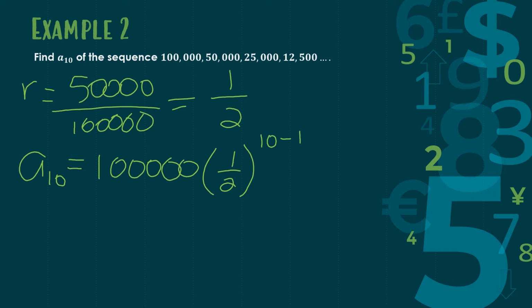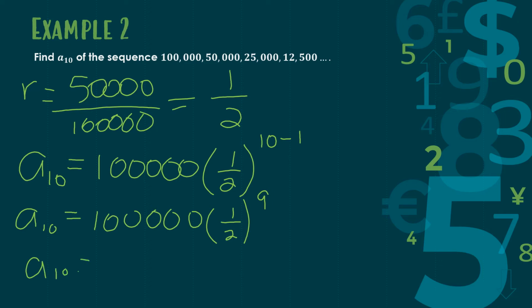So again, if you've got a nice calculator, you can type that whole right side in all at once, or we can do this piece by piece. You definitely want to make sure that if you are using 1/2, you use the fraction feature on your calculator. So 10 minus 1 is 9. And so I am going to do 1/2 to the 9th power, which is going to be a fraction. So I've got 100,000. 1/2 to the 9th power is 1 over 512. And then I'm going to do 1 over 512 times 100,000, which is going to give me